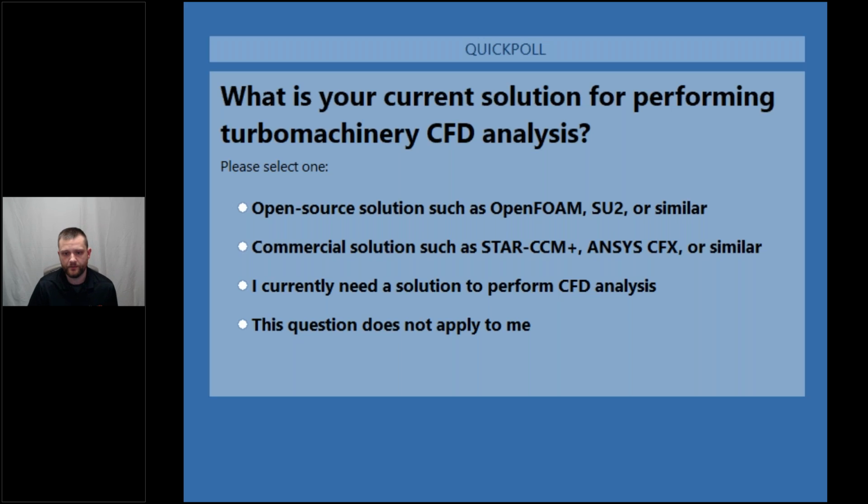We'd love to hear about that to see if maybe we can help you out with your process. That's really what we're here for today. Looks like a majority of people are using a commercial solution. There are a lot of academic and open source solutions out there as well that can be helpful, but it sounds like most of you are currently using a commercial solution.